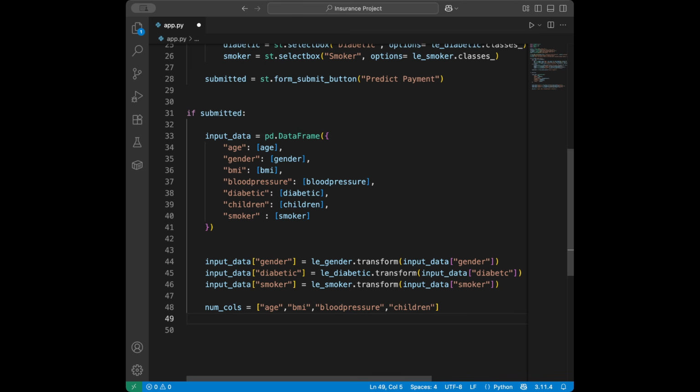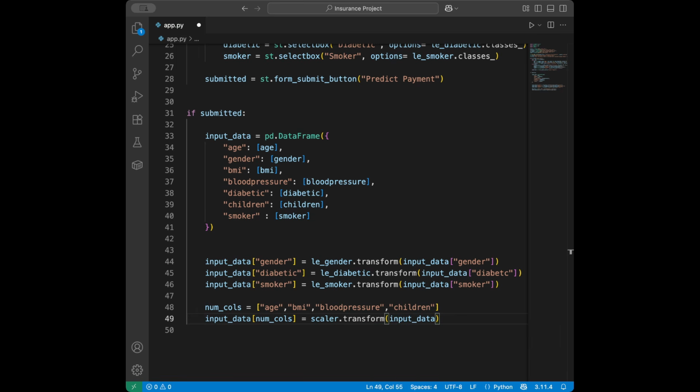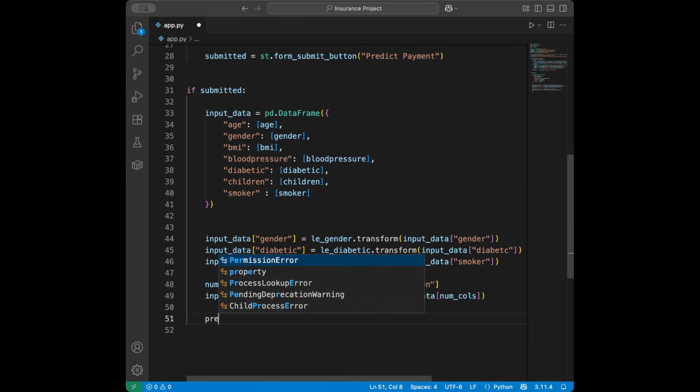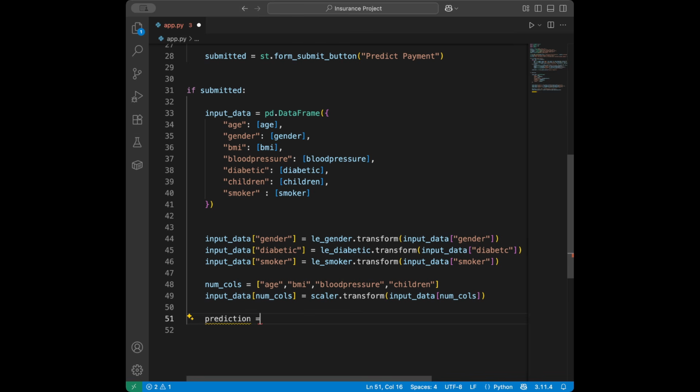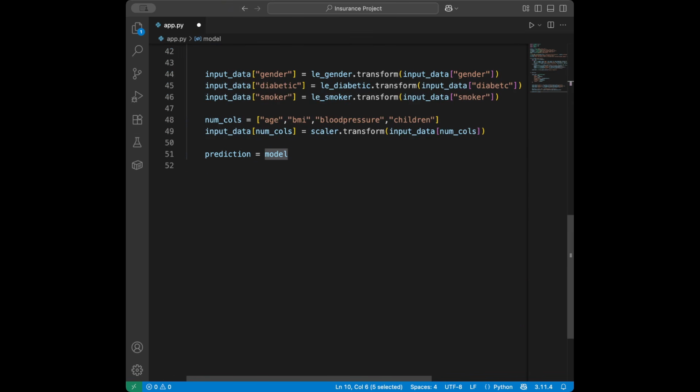So we are going to take those, and then we are going to say input data numerical columns, and it's going to be equal to the scaler transform. We will pass input data, and inside here we are going to give numerical columns like this. And now we are going to predict the payment amount. So prediction is going to be model that we load in here, model.predict,